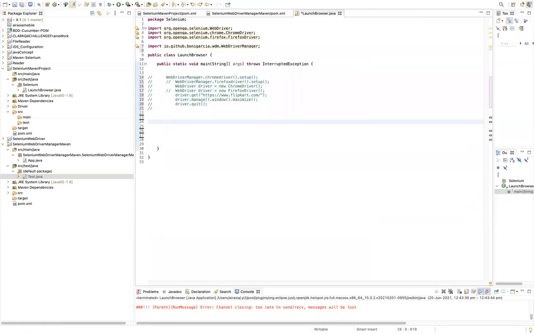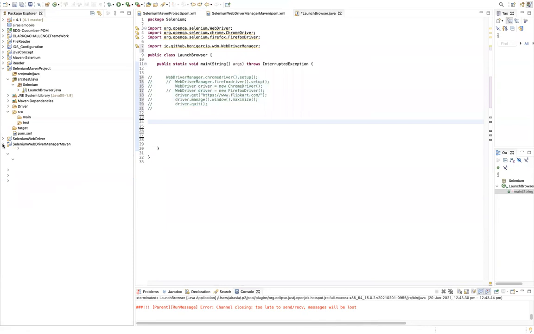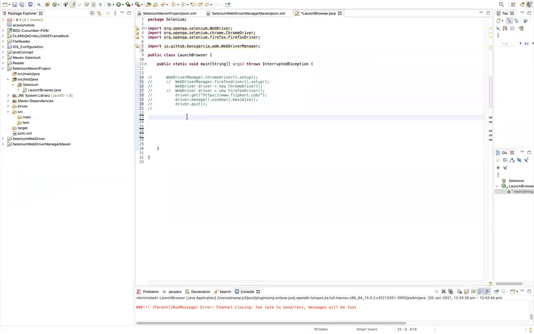As in the previous code, I told you that you have to give the path of your driver, right? But in this code, I will not set the path of that Chrome driver. You have to just write this line: WebDriverManager.chromedriver().setup(). Once you do it, it will set up the Chrome driver, and after that you can directly use the other code, which is common. So WebDriver driver equal to new ChromeDriver will help you launch your Chrome driver, right?